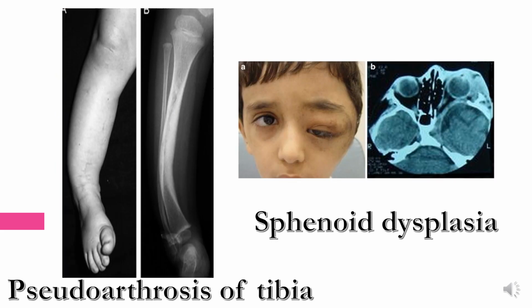And as the boy has fallen down, he had got fracture in his leg. So you have to remember there are some osseous lesions as well. First is pseudoarthrosis of tibia. You can see the leg appears like it has got some extra joint in the lower end, but it is not the actual joint, so the name is pseudoarthrosis. Or the baby can have sphenoid dysplasia. You can also note the ptosis in the eye. So this is about the bony findings in case of NF1.